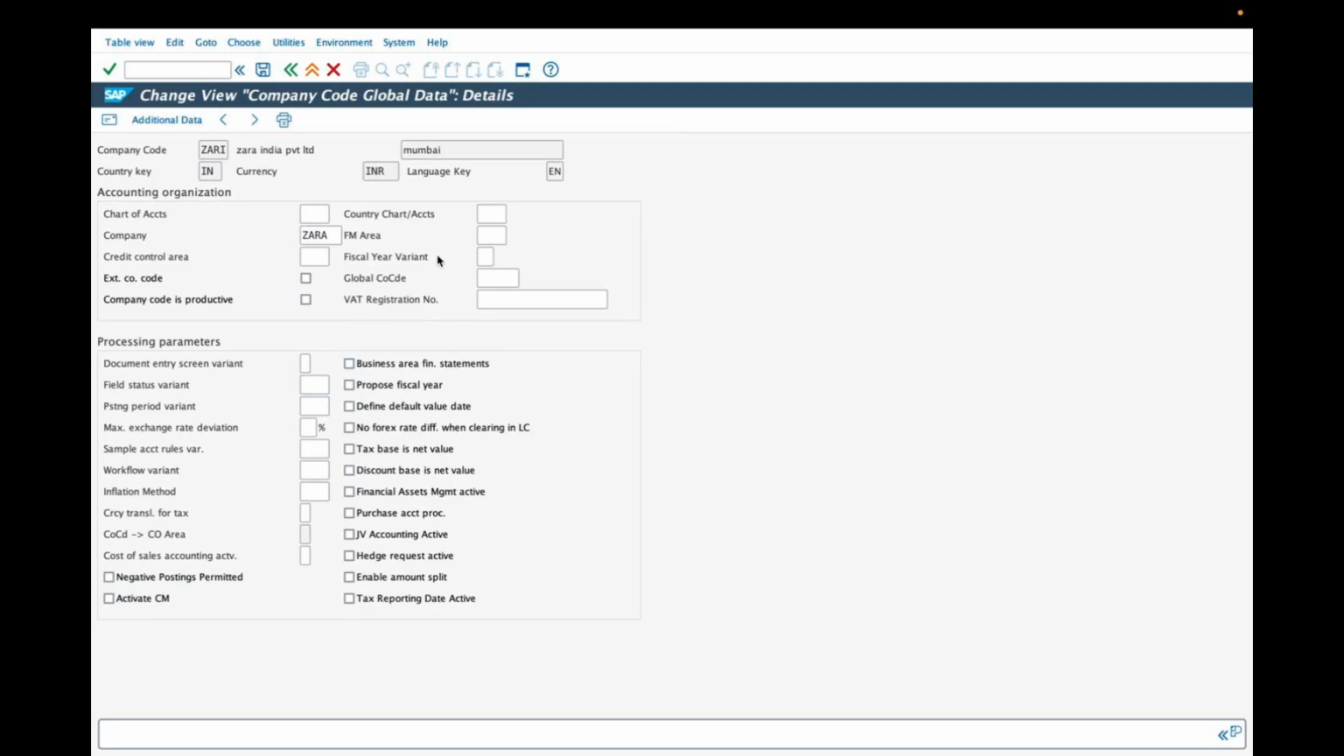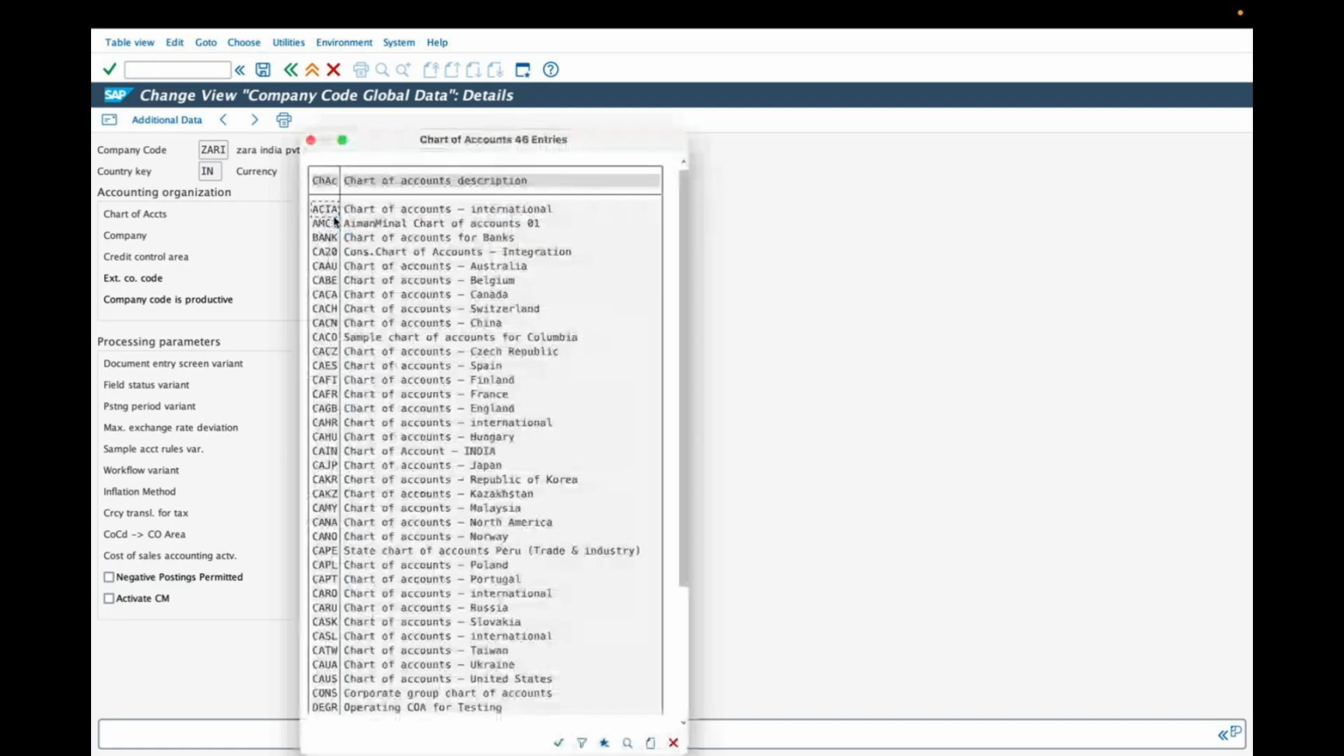Now why these fields only? What are they? You need to understand now. The first is chart of accounts. What is chart of accounts? Chart of accounts tells you about the company's financial policies. SAP has given all country-specific financial charts of accounts. During a live project, the chart of accounts of whichever country the company belongs to will be selected. But